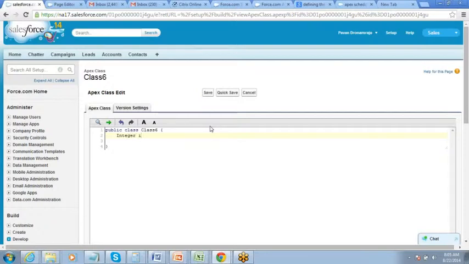Integer i equals 8. So you can debug this thing.